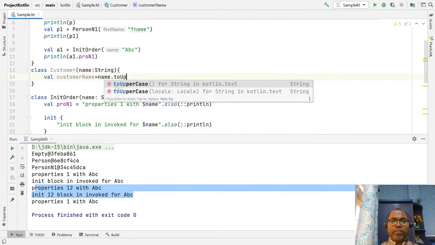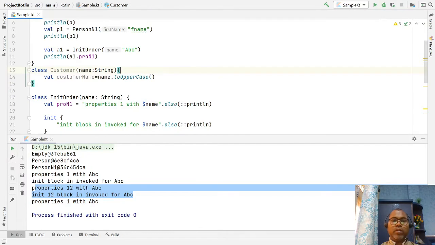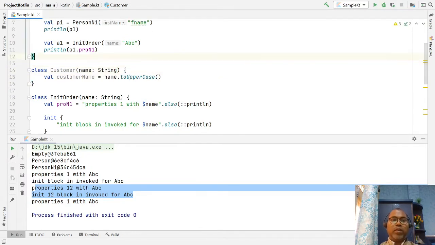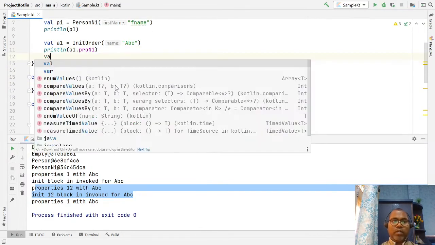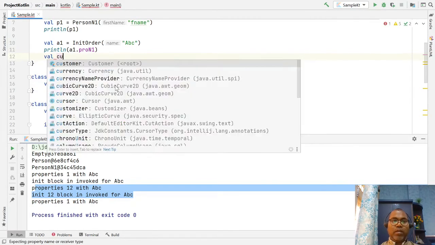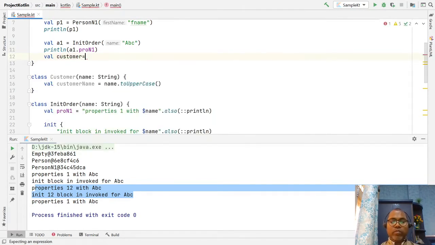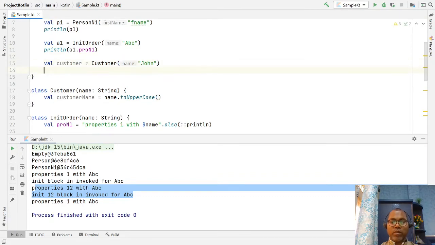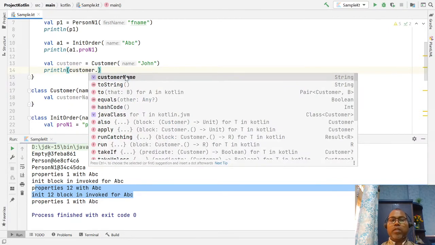In this way we can create a customer equal to Customer with a name like John. So now we have created a customer object with a primary constructor, and this customer class has a property like customerName. You can access the customerName.